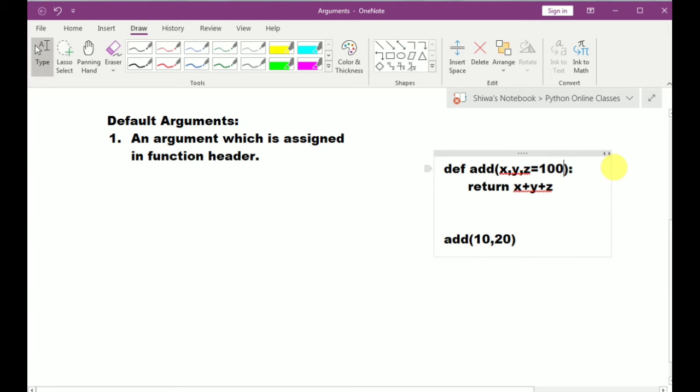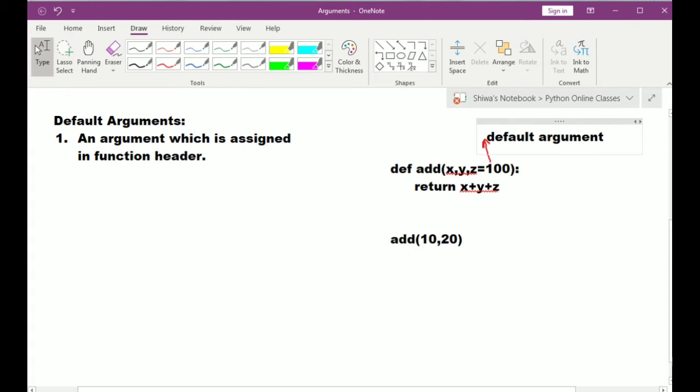So here I am assigning the value 100 to the z variable. Now this z argument is called a default argument. So what is a default argument? An argument which is assigned in the function header.